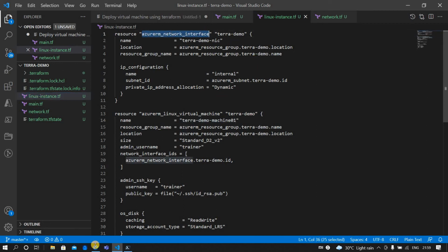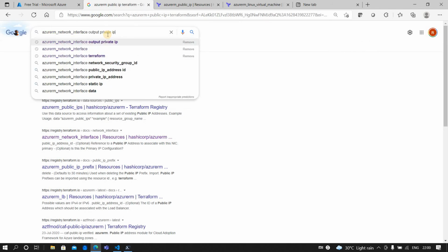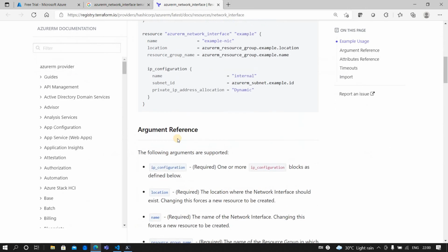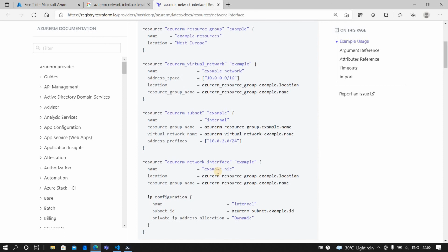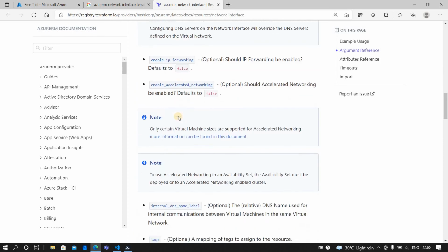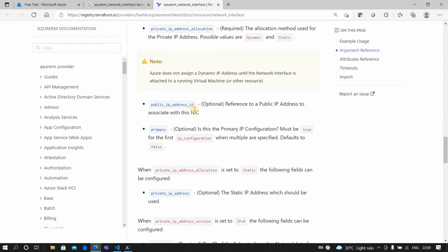Now you can copy this and start looking for how we attach a public IP. If it is not mentioned in an example, you can start looking in the arguments. It will be mentioned somewhere how to use a public IP. See, it is mentioned here.